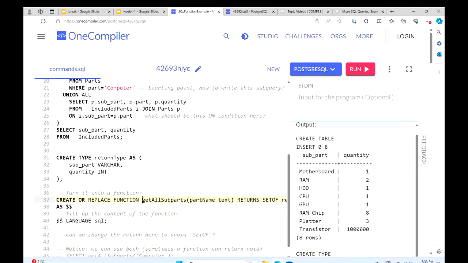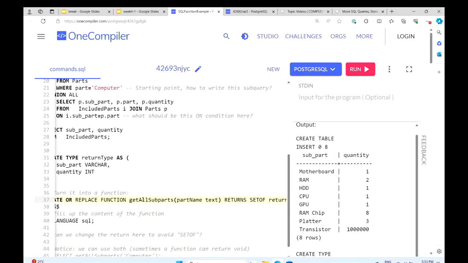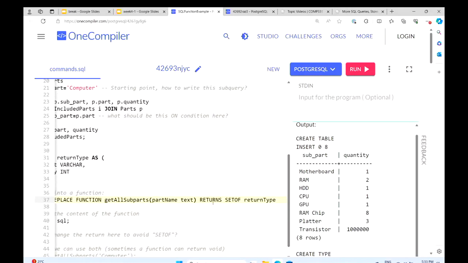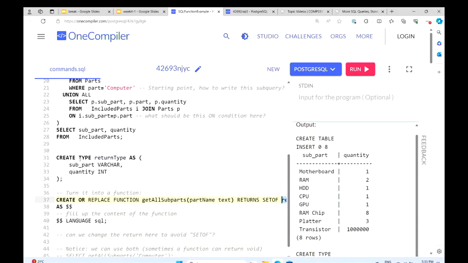I have already finished the heading part. As you can see here, we can use RETURNS SETOF a custom return type. This is a customized type we have defined because we don't have a table.